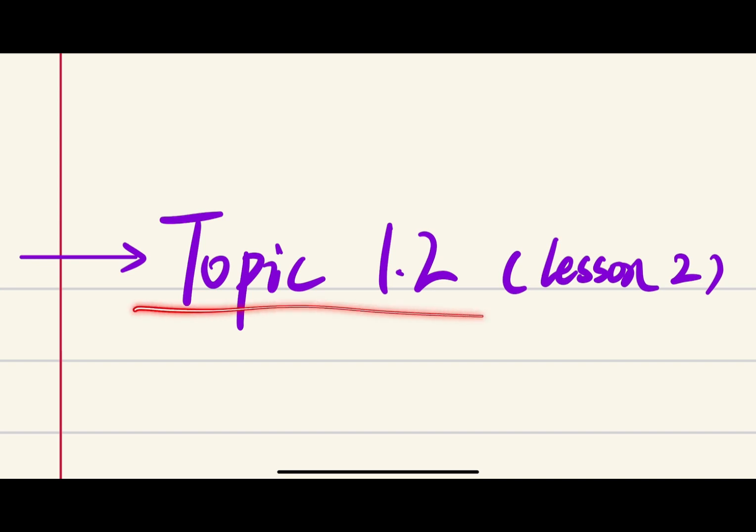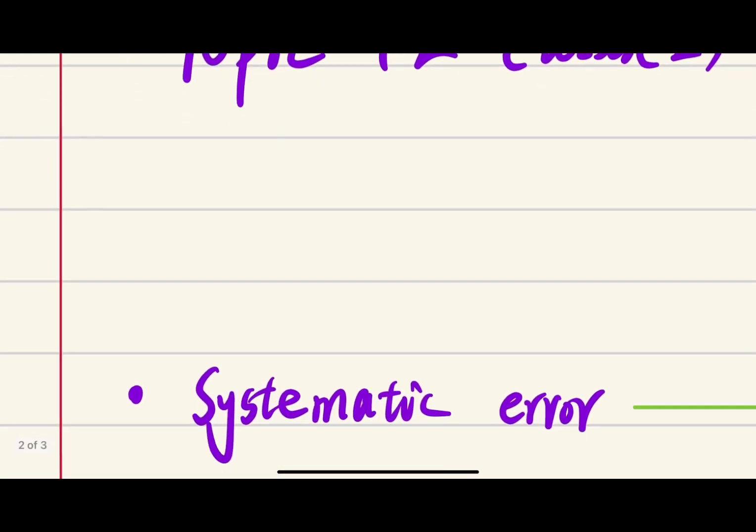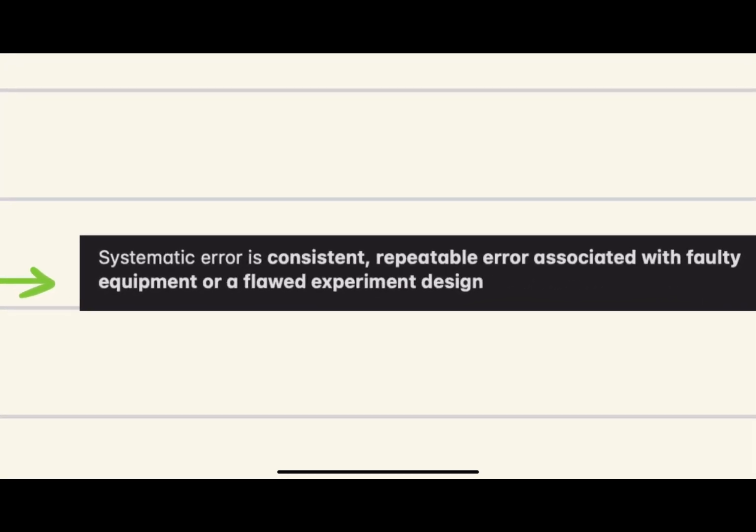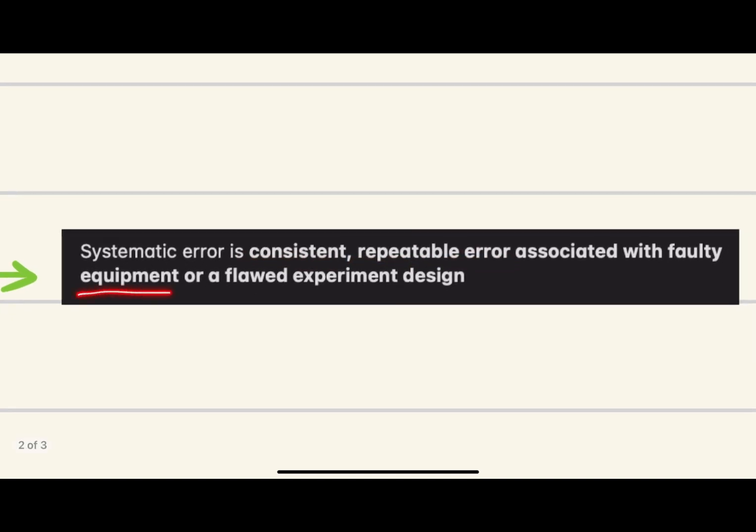Upon topic 1.2. In the previous classes, we learned about the idea of the random error, which means that in this class, we're going to be covering the concepts of the systematic error. By definition, systematic error is a consistent, repeatable error associated with the faulty equipment or a flawed experiment